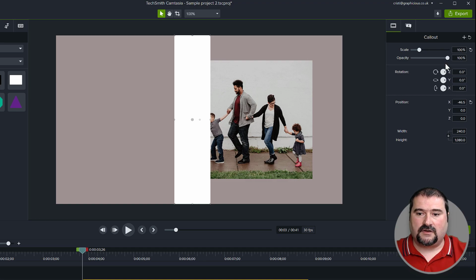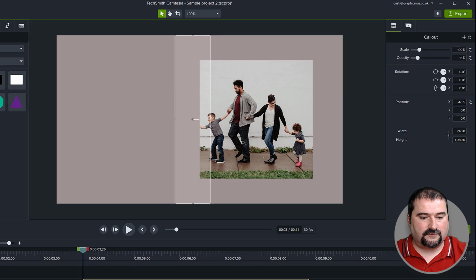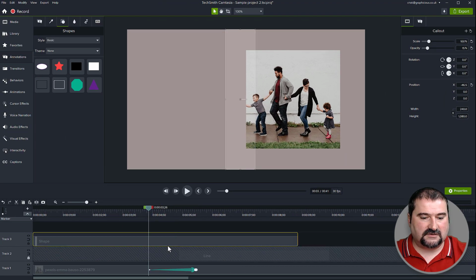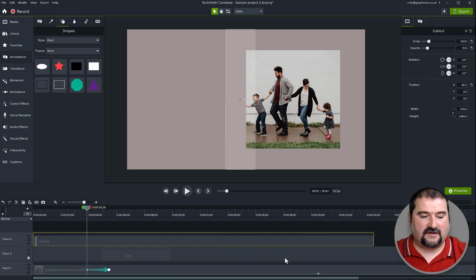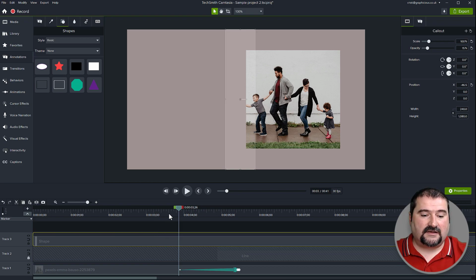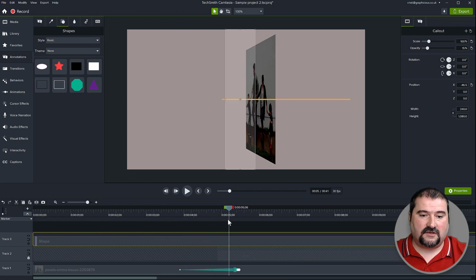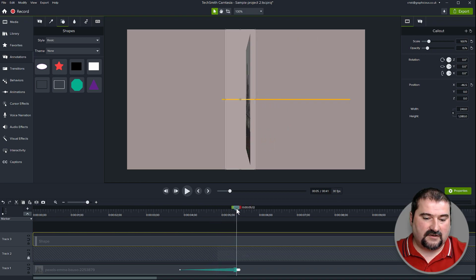But anyway, we're going to make this one quite transparent like this. We only need it to be kind of just a faded light, sort of beam on it, and just make it last for the whole duration for now. We're going to cut some of this off because we don't need it to be that long anyway. This light beam is going to move this way. So I'm going to just go to the very end and add an animation right there,